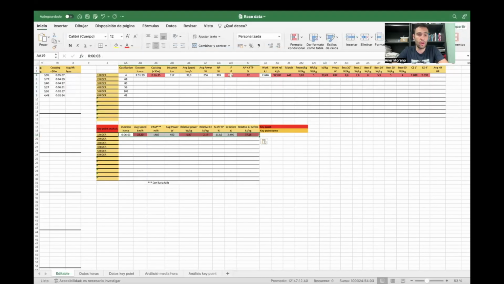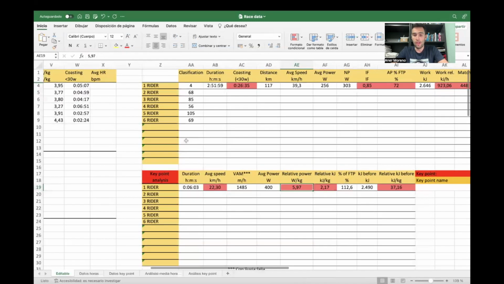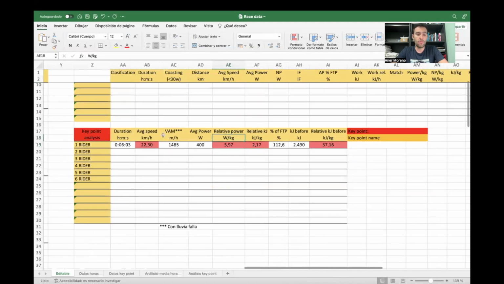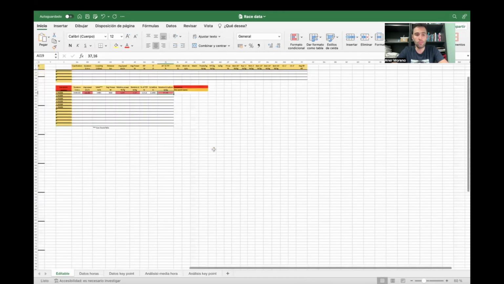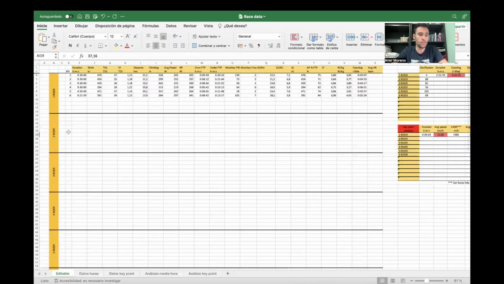As we have made here, the highest number is in red color, and red here also for the highest number in relative numbers. I have not used this color on average power in absolute watts, because I think to make comparison between riders, it has to be on relative values. So this way we are going to do the same with all the riders. We have done it with the first one.